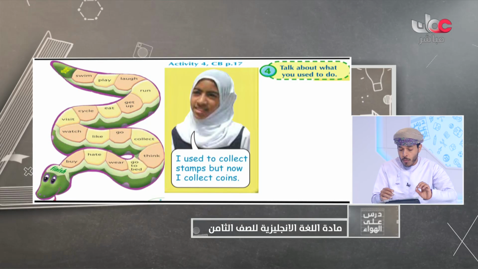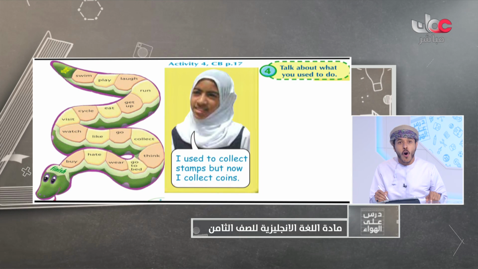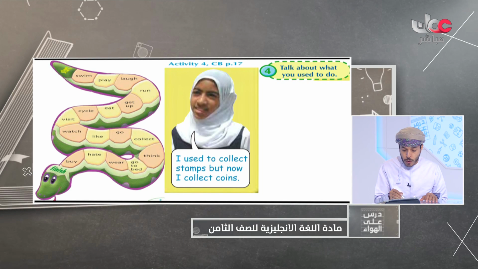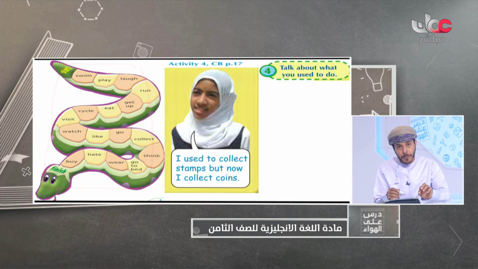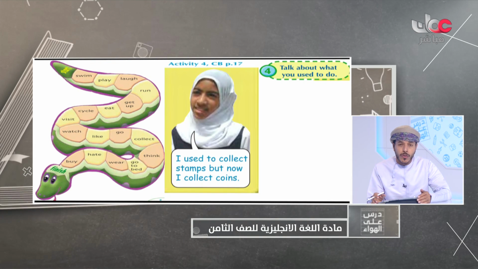Okay, and also if you move to the last activity, activity 4 in page 17, you can see this girl that she used to collect stamps, but now she collects coins instead of stamps. And then you can think of different things that you have done when you were young, but now everything is changed. So you used to play something, but now you run or eat something or do something. Okay, so you can use these verbs that you have in this snake and develop your own sentences using used